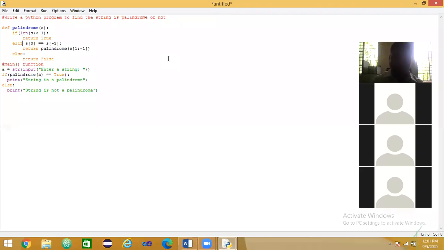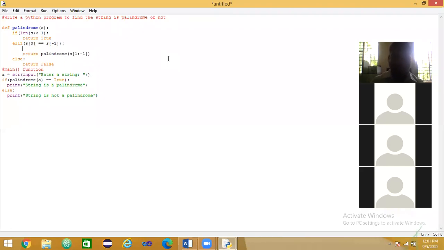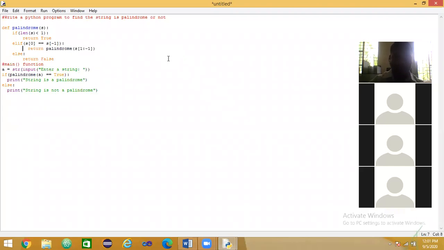In the elif part, else if, we have an elif keyword in Python. Here it is very important. We are using a subscript, that is the square brackets, to access a character from the string.